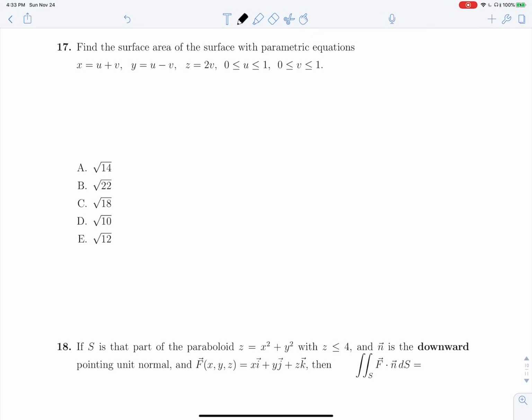Let's find the surface area of the surface with these parametric equations. So we know that this is going to be expressed as the double integral of r times the